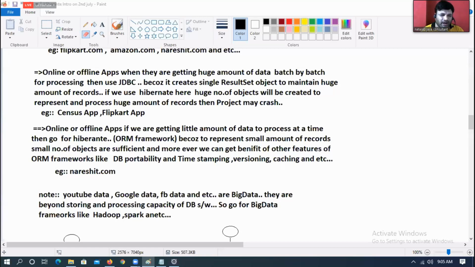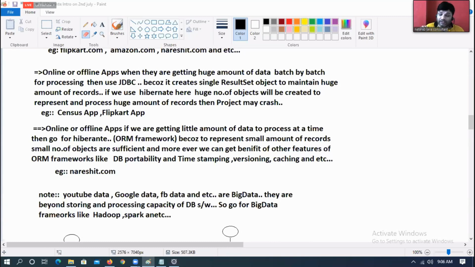Timestamp keeps track of when a record is inserted and when it was last modified or updated. Recollect, caching will hold records and reduce network round trips across multiple same executions. All these are additional features that are there in Hibernate. If you want to enjoy these features in JDBC, you should write those logics manually.